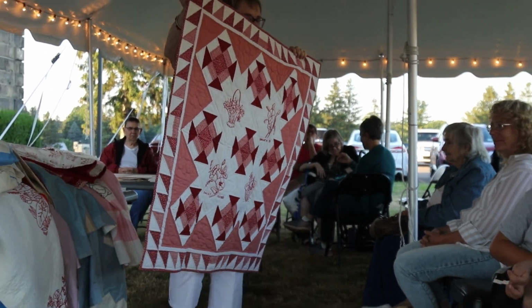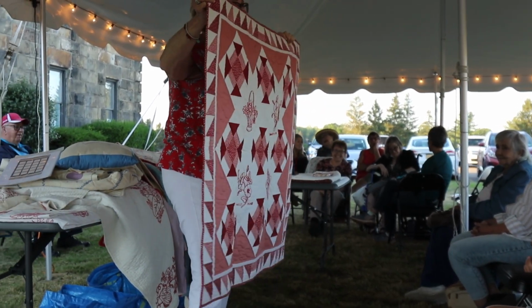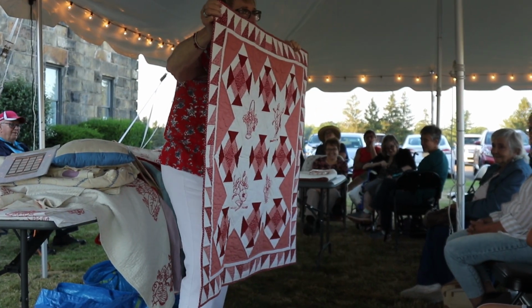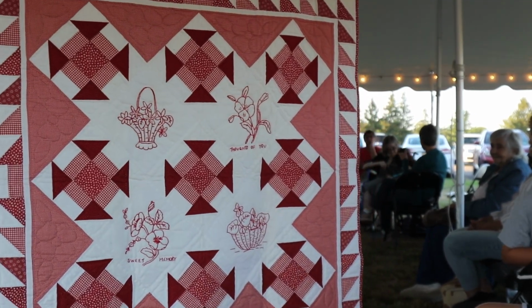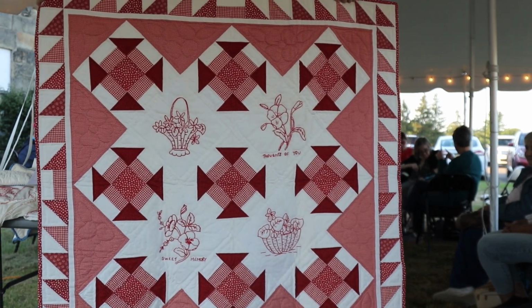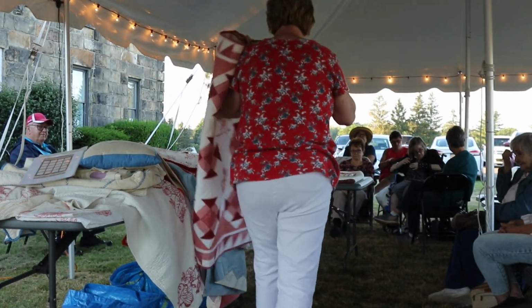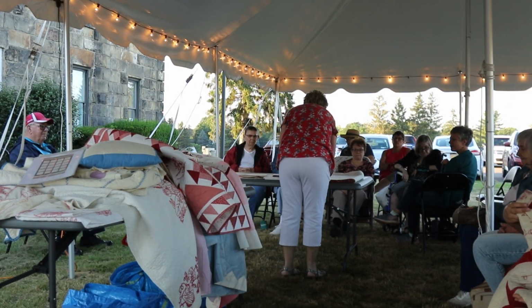So this is just what you can do for embroidered blocks. You don't have to embroider an entire quilt's worth of blocks, you know. Four embroidered blocks, and then some patchwork, which I enjoy doing, and putting it together into a small wall quilt makes a really nice wall quilt. So that was a fun thing to do. And I've got a couple more things that I did, and then I'll show you